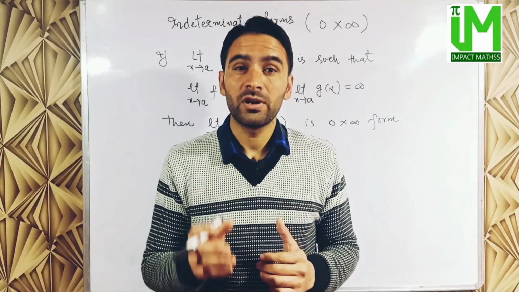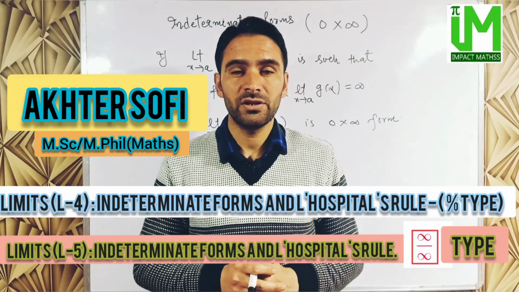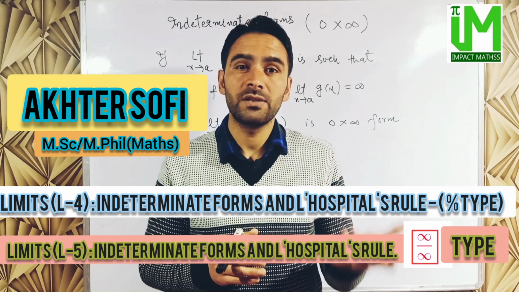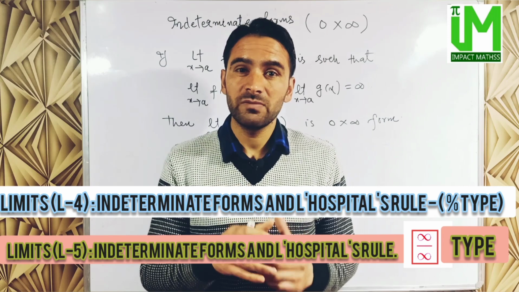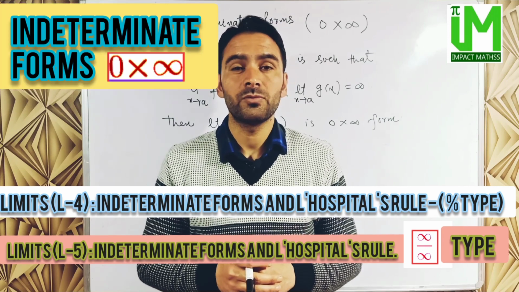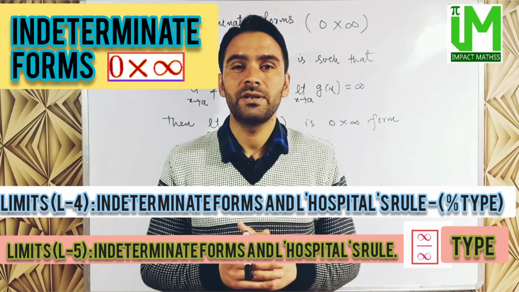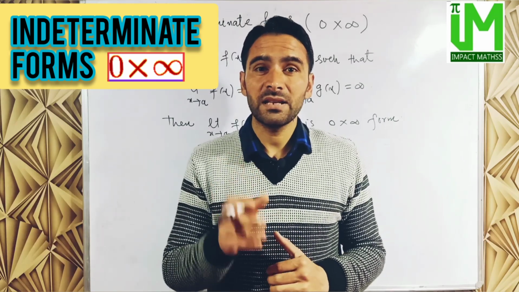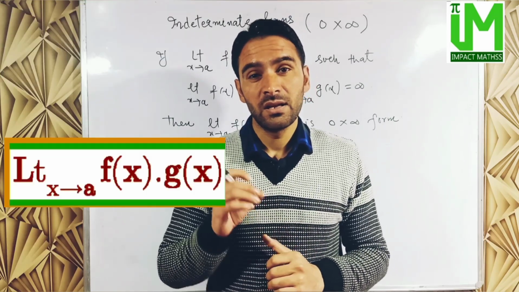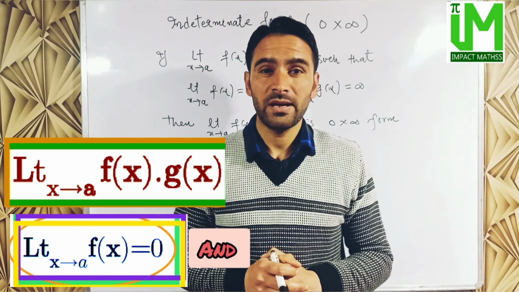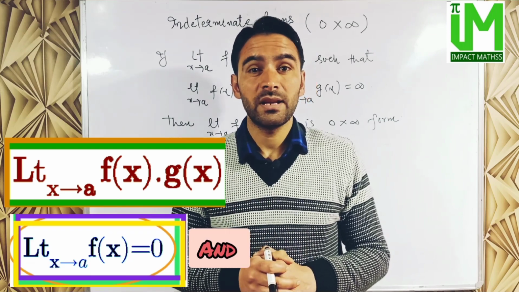लिमिट्स L4 एंड L5 में हमने इनडिटर्मिनेट फॉर्म ऑफ द टाइप 0 by 0 एंड इन्फिनिटी by इन्फिनिटी देखा। नाउ आज के इस वीडियो में हम इनडिटर्मिनेट फॉर्म्स ऑफ द टाइप 0 into इन्फिनिटी देखेंगे। नाउ इफ limit x approaches to a, f(x) into g(x) is such that limit x approaches to a f(x) equals 0 and limit x approaches